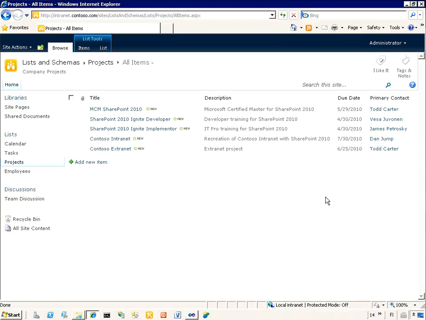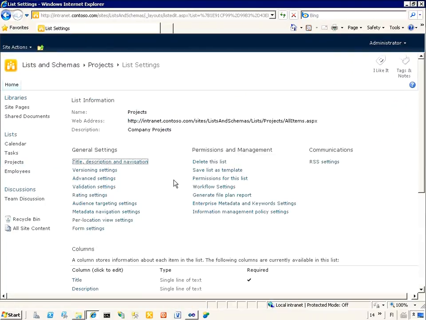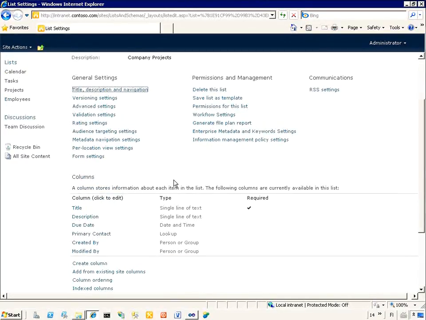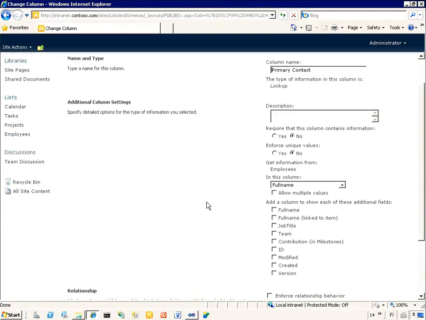At the moment, this is a standard lookup. There are no customizations or additional settings behind it, but we can actually create a true relationship between these lists. Obviously, there is already a relationship through the lookup, but we can also do projected fields between the lists, which basically means that since we are associating the primary contact for the project from the employees list,